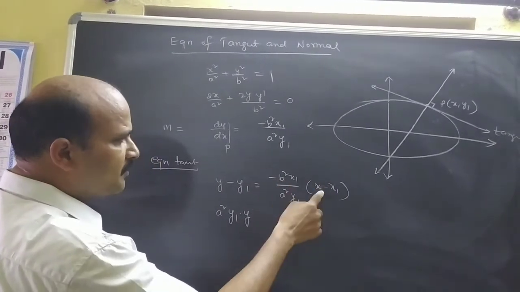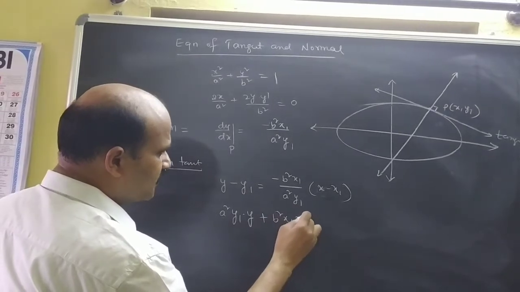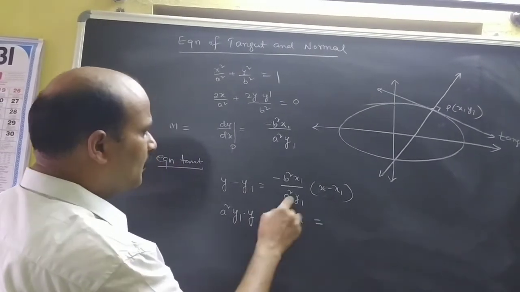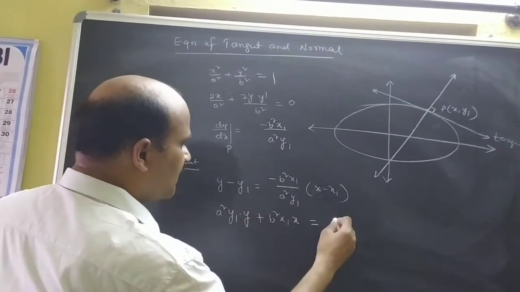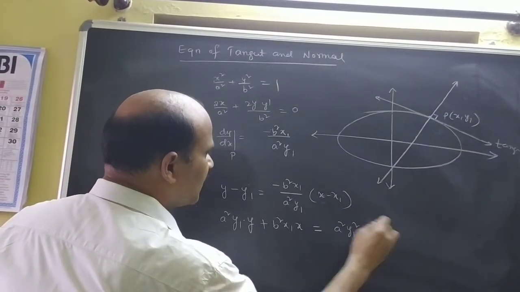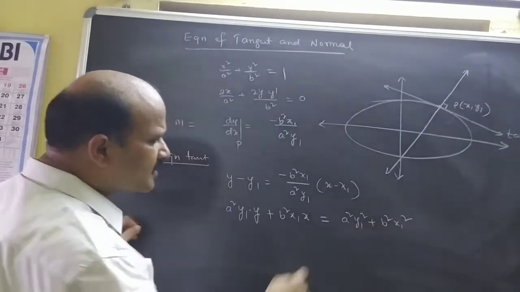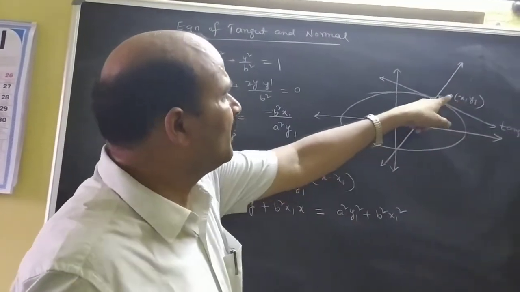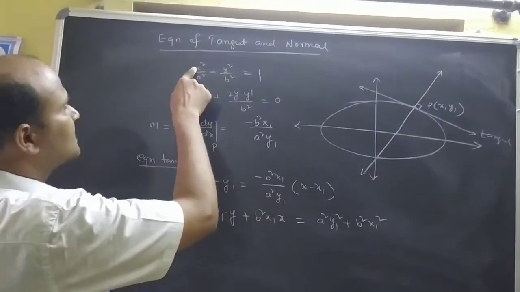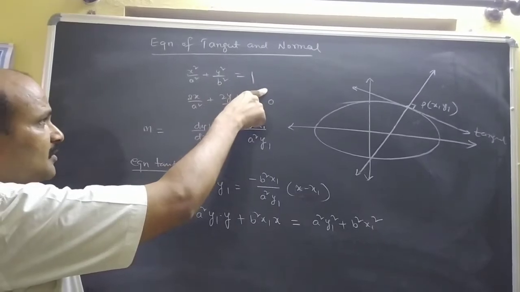If you simplify and transfer terms, you will get a²y1·y + b²x1·x = a²y1² + b²x1². Because the point (x1, y1) is on the ellipse, substituting x1²/a² + y1²/b² = 1,